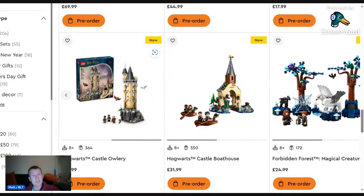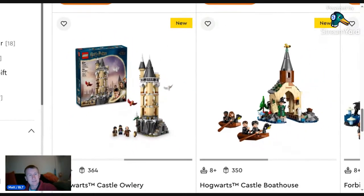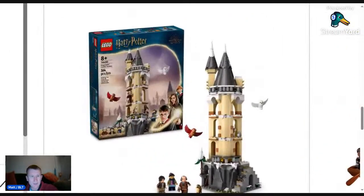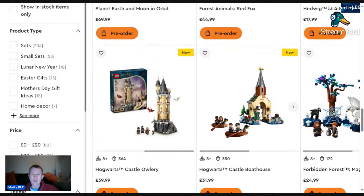And I said in another live stream, why is everything suddenly now pre-order? And I figured it out. It's because they're all coming to our local toy shop, so they're just trying to get the sales before the local toy shops get them. So it's a very, very interesting business model. But that is that set, and that is item number 76430, 364 pieces. And then you've got the Castle Boathouse,